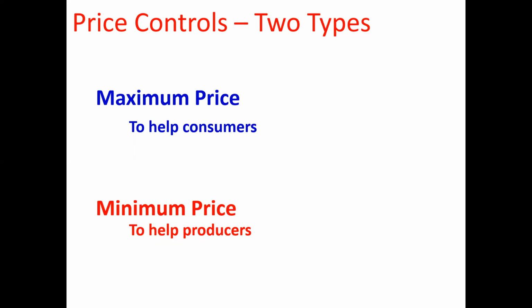That's the third method of government interference in the market. We are going to discuss it in detail also. The fourth method is this: